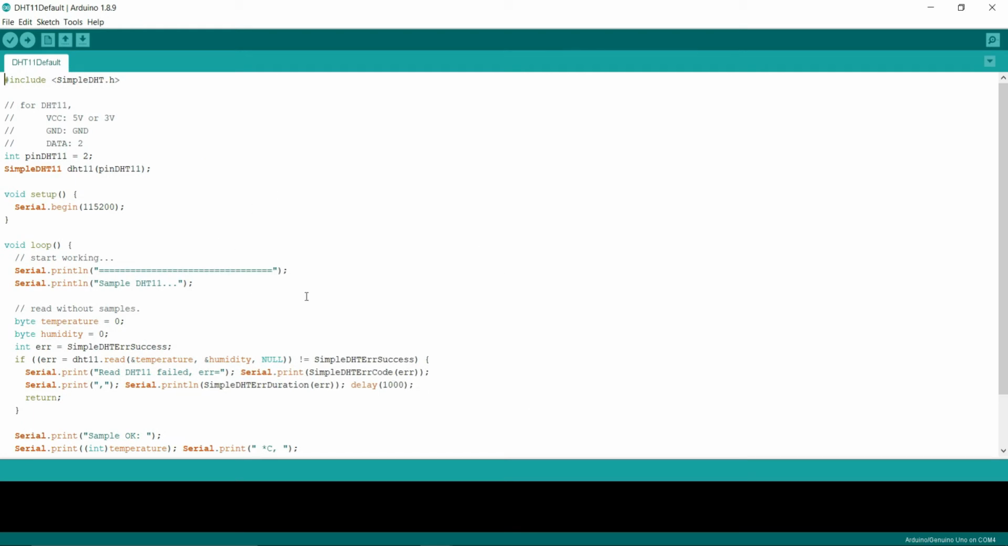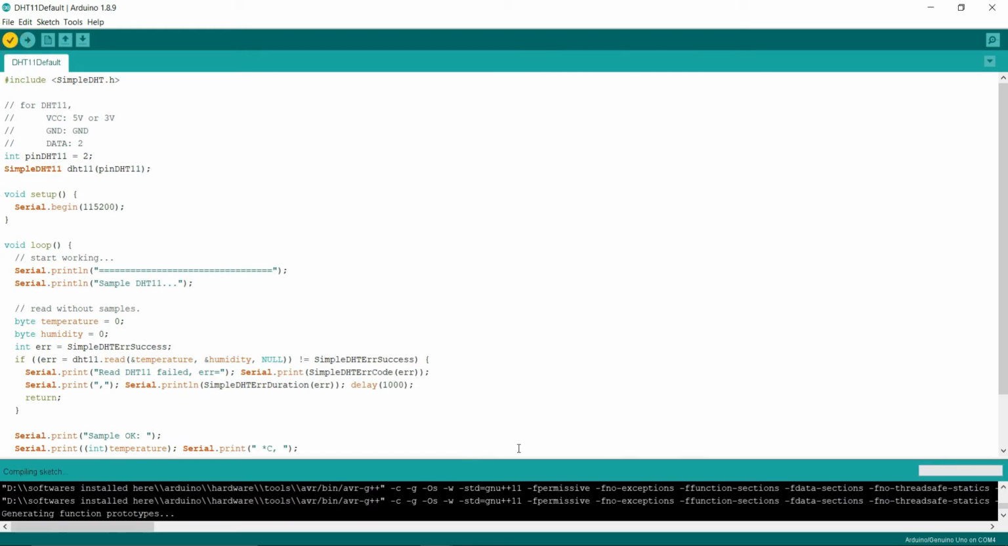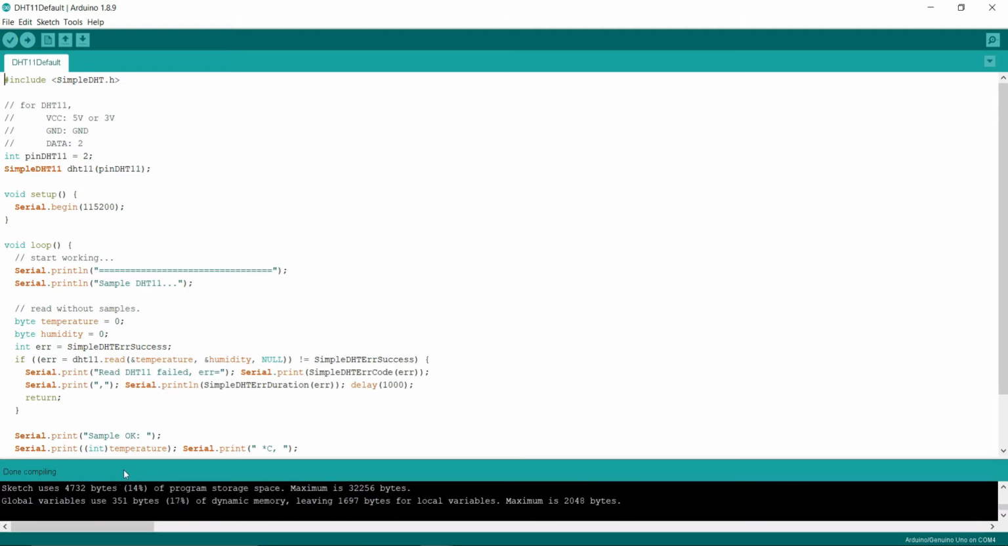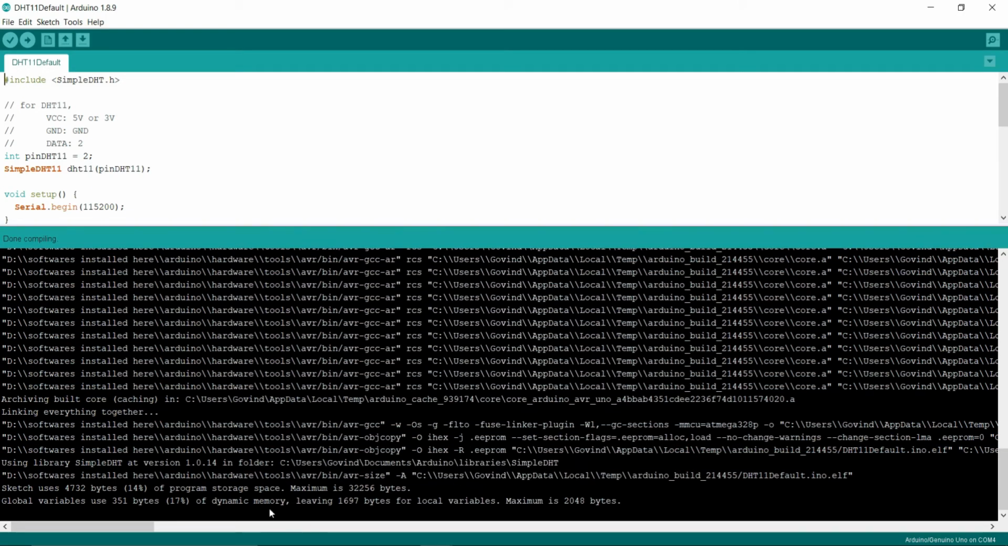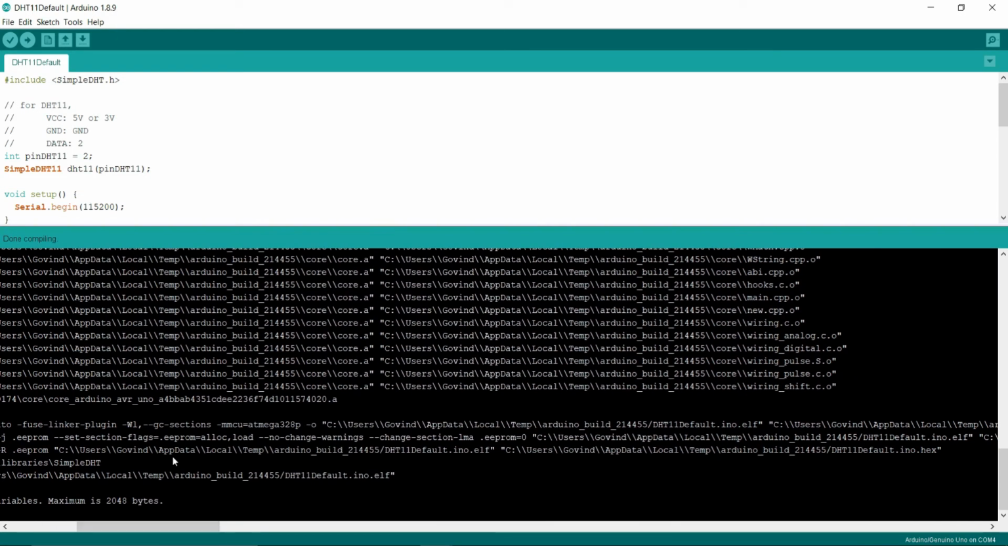Now click verify to compile our program. After verifying, you can see the message called done compiling. Now you can get the hex file from here. This is the file path of the hex file. Now copy that file path, Ctrl C,